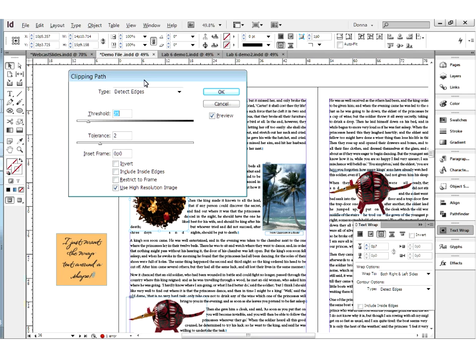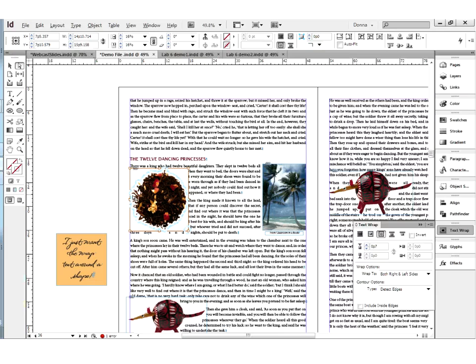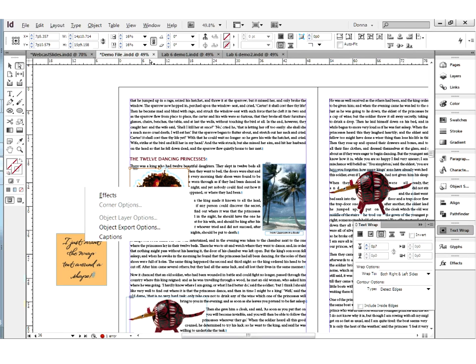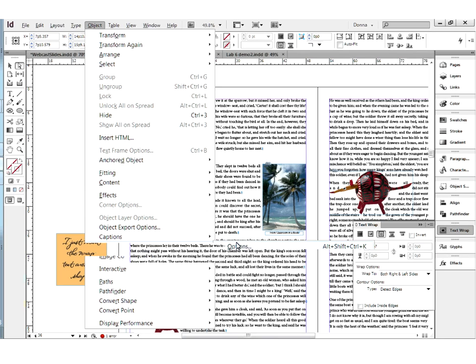And when you do, you get a dialog box that looks very similar to the choices that we see down here on our contour options. And in this case, I can see that this image did not have an alpha channel. It does not have a Photoshop path or a user modified path. And I know that because all three of these are grayed out. So the only option I have is none, which if I do that, you can see that I lose that nice wrap around the outer edges. Even though it sees where those edges are, it's not going to give me the wrap. Or